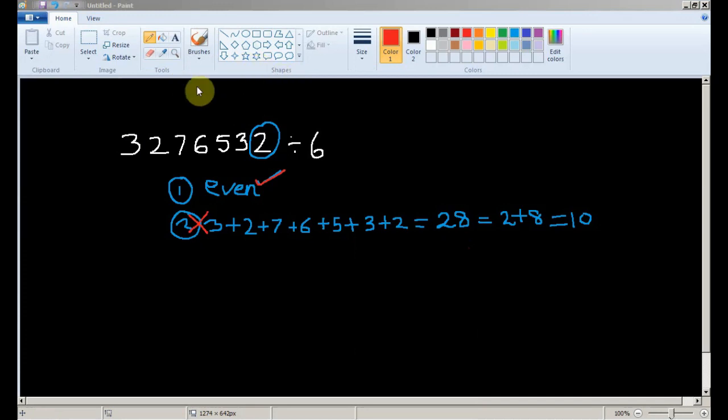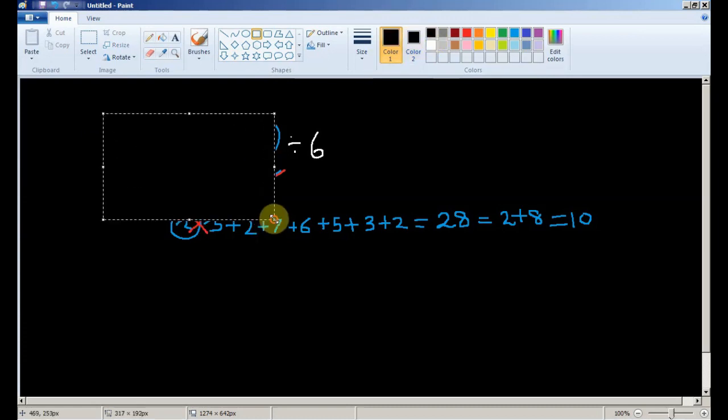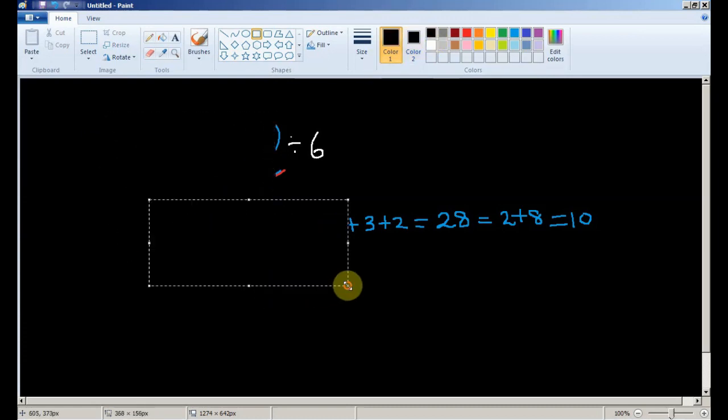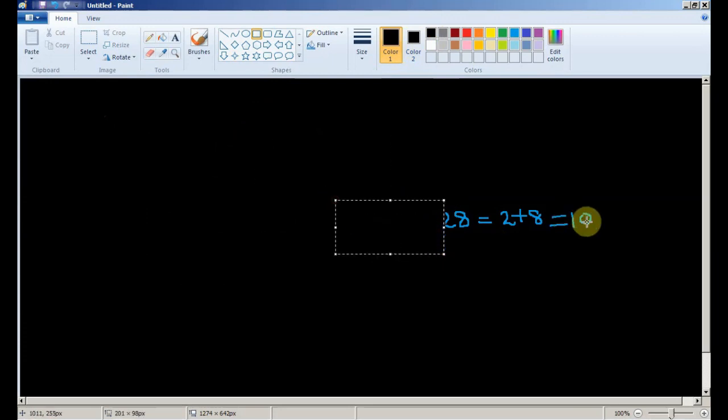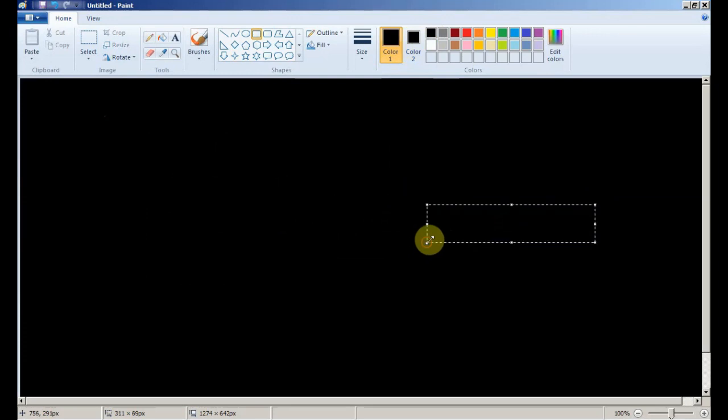Next number we are going to check is 8, and see if we can find the divisibility of 8. If a number is divisible by 8, its last 3 digits are divisible by 8. That's the rule for 8.